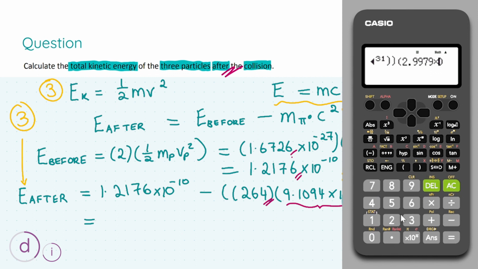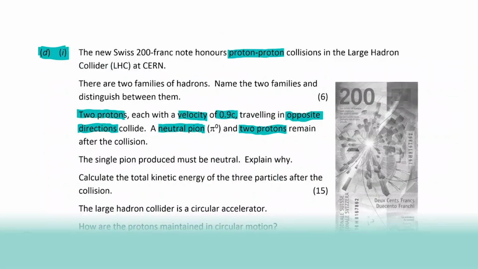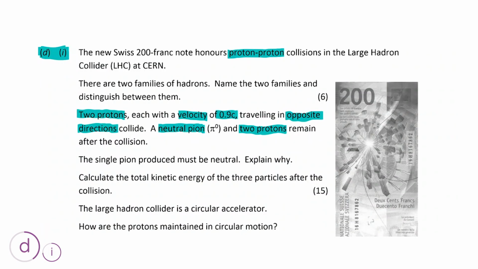the collision, which is roughly 1 times 10 to the power of minus 10 joules, because we're working with energy, therefore that's the unit we're going to be working with. Do not forget your units, you will lose marks if you do. And that answer will get you your final 3 marks, ending this calculations question. Okay, so bringing us back to the original question for the final couple of parts of